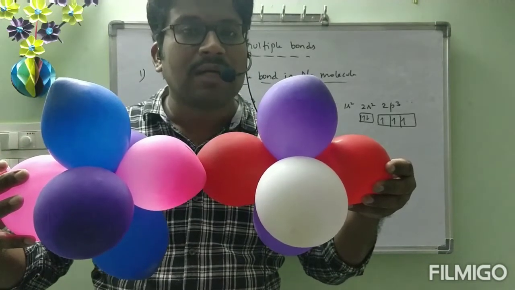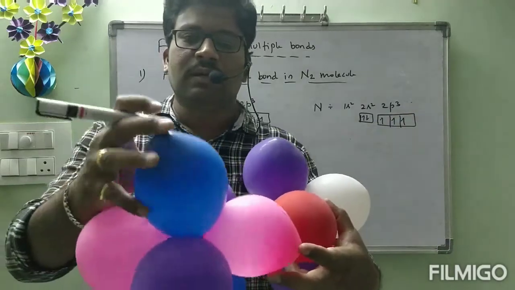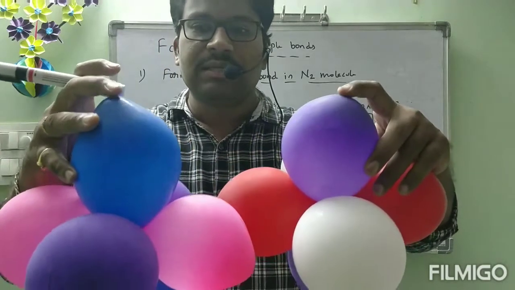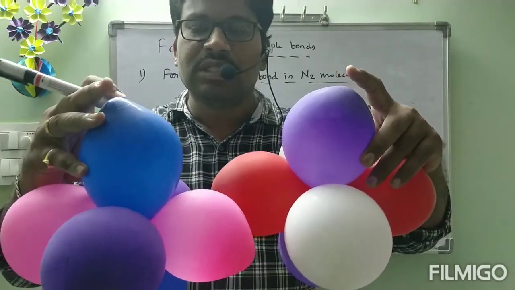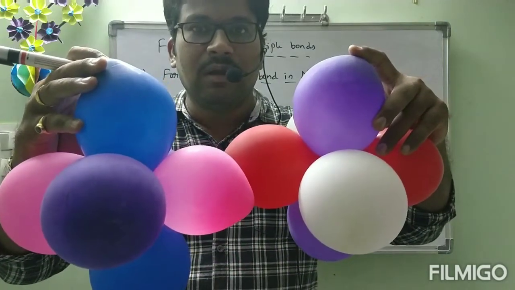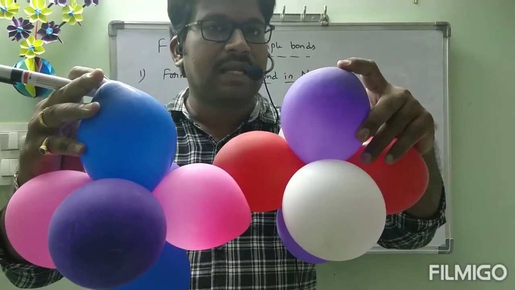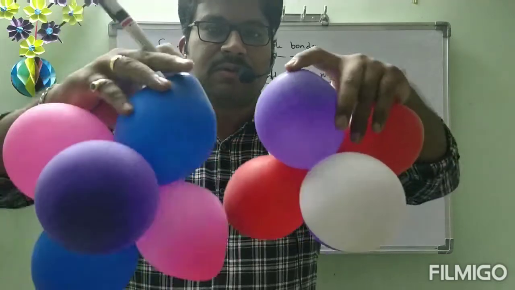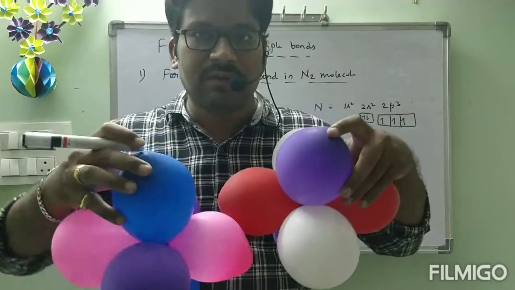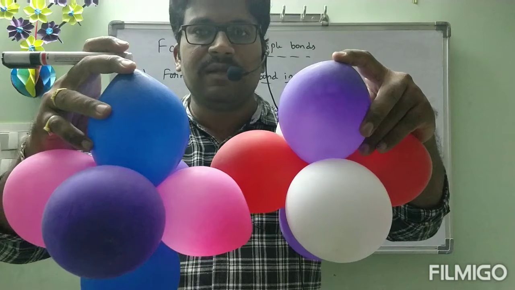Then what will they do? The electron present in this blue orbital and the electron present in the violet color orbital will change the spin. This one will remain clockwise and this one will change to anti-clockwise. Are you understanding? But it is not possible to overlap completely. Anyway, it should be stable. For that, what will they do? They will undergo partial overlapping. They will simply stay like this, but attraction will be there.